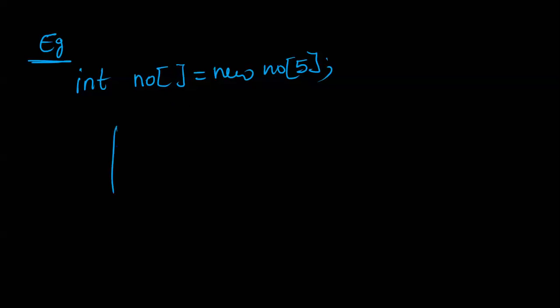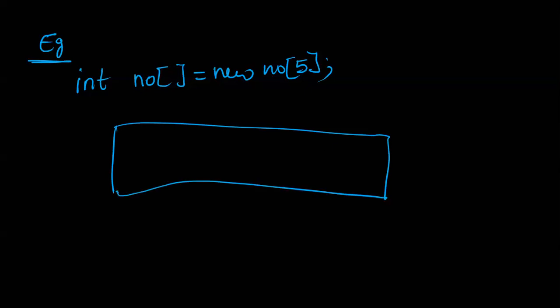For example, this box is the memory. We treat this as the memory. In this space, the array will be created along with 5 locations: 1, 2, 3, 4, 5. And each location has an index. This will be indexed as number 0. This will be addressed as number 1. Either it is called indexed or addressing. Number 1 is the address of this location. Okay, number 2, number 3, and number 4.